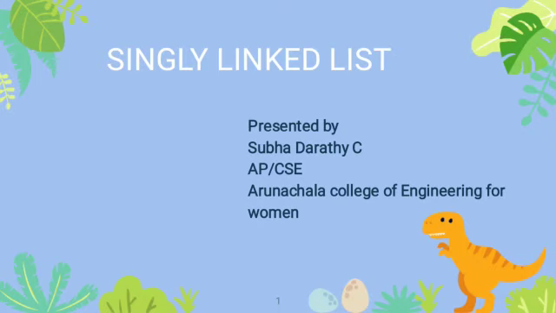In this video, we are going to discuss singly linked list from the subject CS 8391 Data Structures. In the previous section, we already saw what a linked list is and the three types of linked list, that is singly linked list, doubly linked list and circular linked list. The first one is called singly linked list.